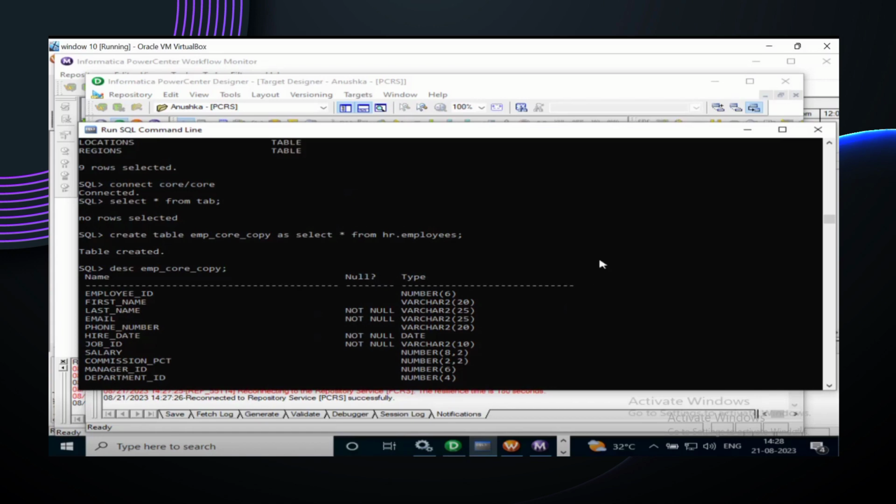That's it. So see here, guys, what we have done. One more time, the explanation. As you can see on Anushka's screen, we have connected as core. Initially, there were no tables. Select star from tab: no rows selected. We created one table in the core schema using the create command. But just check the select statement. Select star from